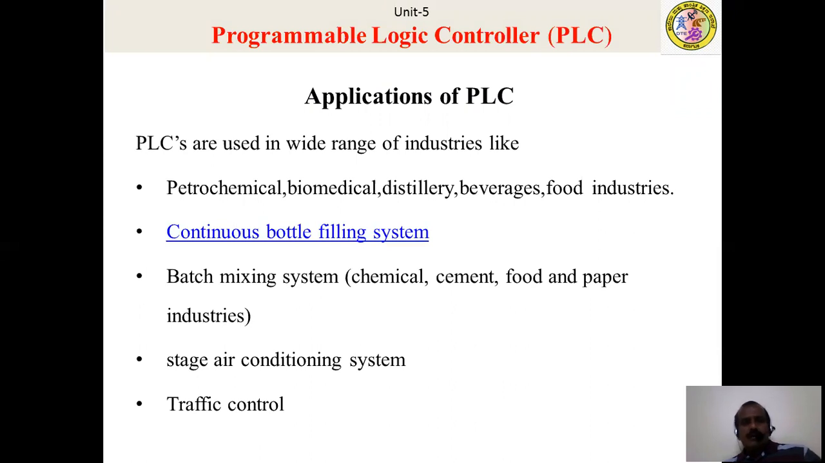PLCs are widely used in industries. It is used in petrochemical, biomedical, distillery, beverage, and food industries. It is used in continuous bottle filling systems, and in batch mixing systems like in the chemical, cement, food, and paper industries, stage air conditioning systems, traffic control,